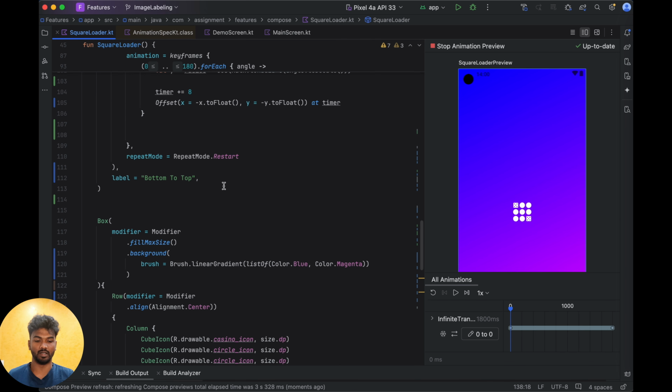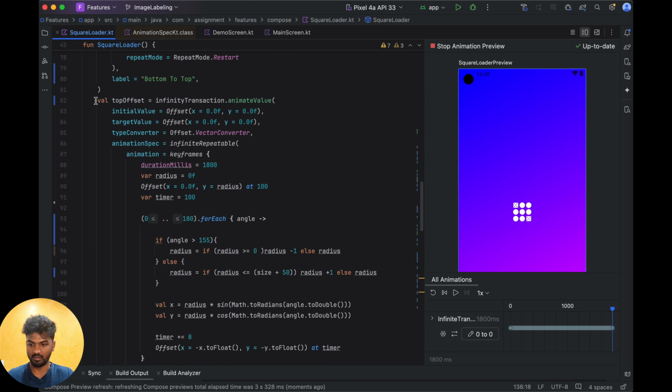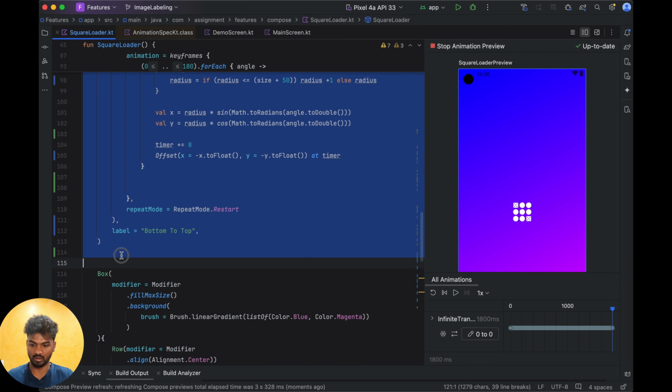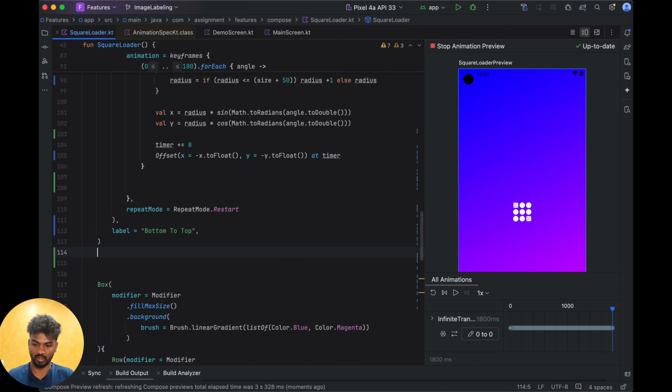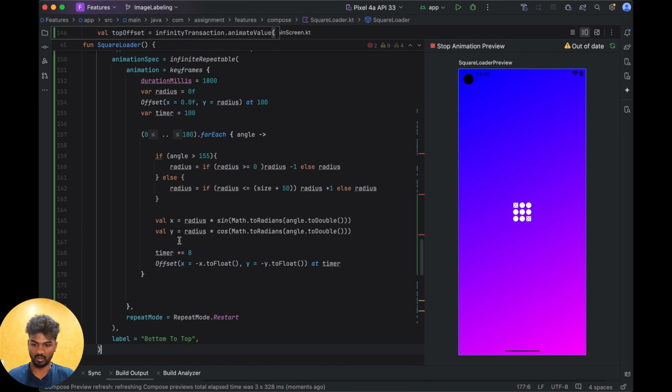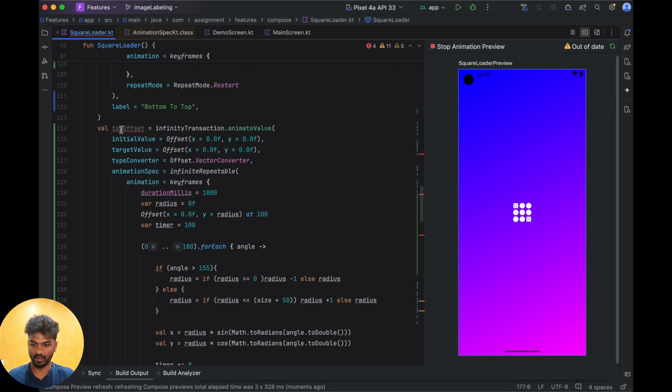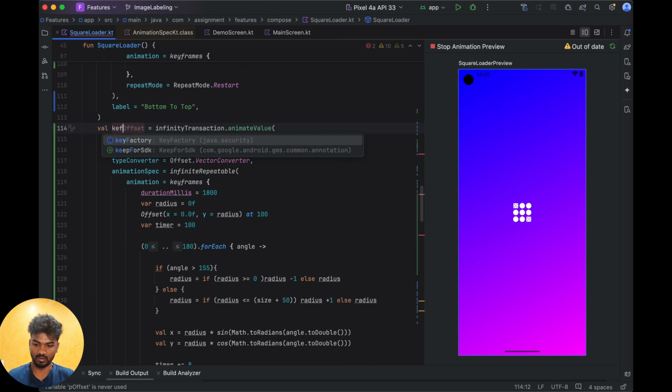Same thing for left and right. Now it should be a left and right, so left and right is pretty little bit different. We need to change the angle also for left and right. Let me show you. Now you can see top and bottom is working perfectly. Same thing, I'm just copy and paste for left and right. So this is left,